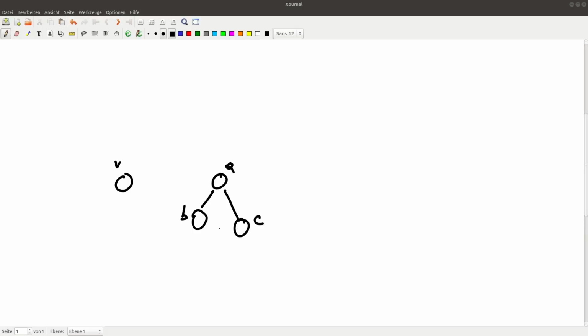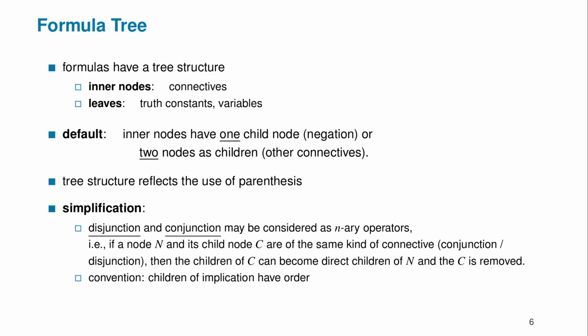Okay, and if we introduce another node, say X, then we can build a larger tree by connecting X to V and X to A, and then this node X is the root node of this new tree. And we will now use trees to define and describe the structure of formulas. A tree that represents a formula has as inner nodes the connectives and as leaves the truth constants and the